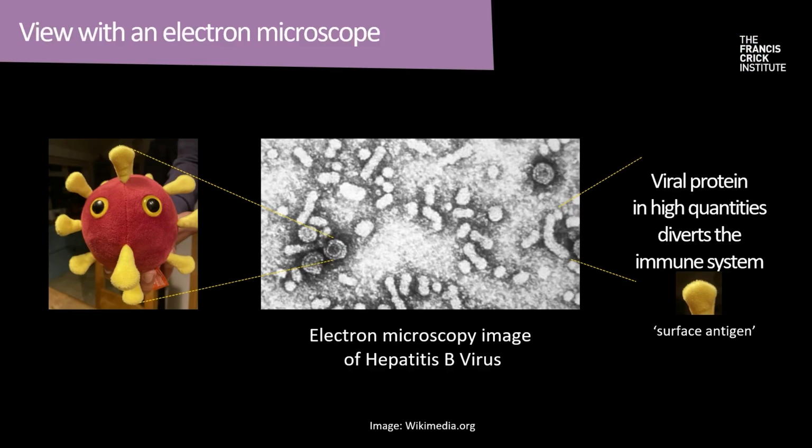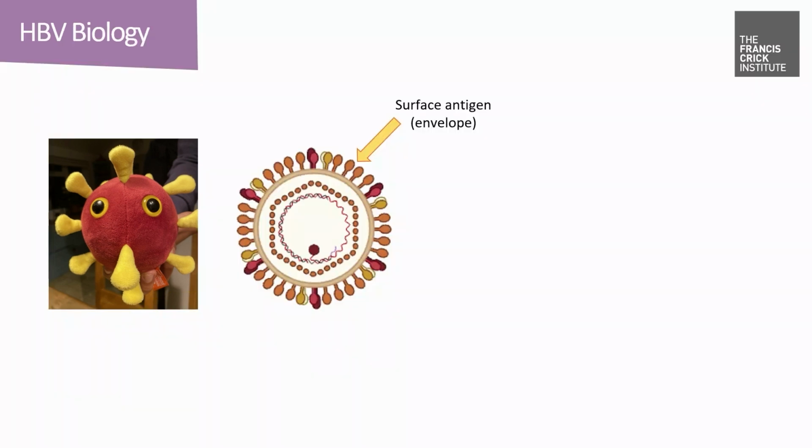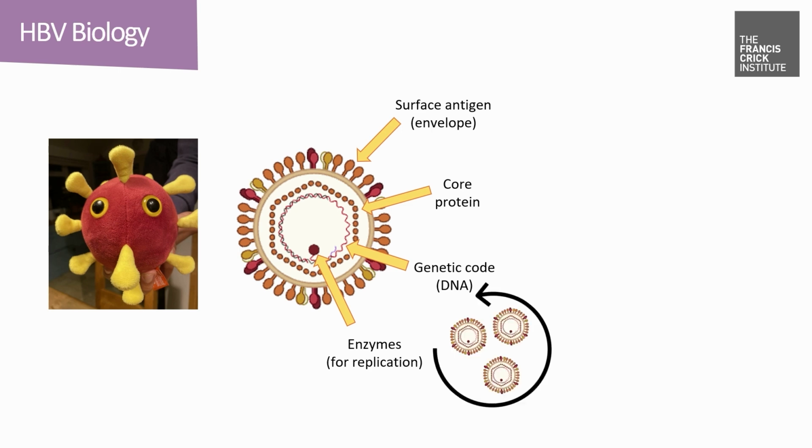So there's huge quantities of this protein that's called surface antigen. If we take another view of the virus as a sort of cartoon image, you can see this surface antigen around the outside. There's a core protein which wraps up the inside parts of the virus. And there are enzymes. These are the biologically active proteins that allow the virus to replicate. And inside there's a circular molecule of DNA. That's the virus's genetic code. And these enzymes are responsible for driving the generation of new DNA and new viral particles so that the virus